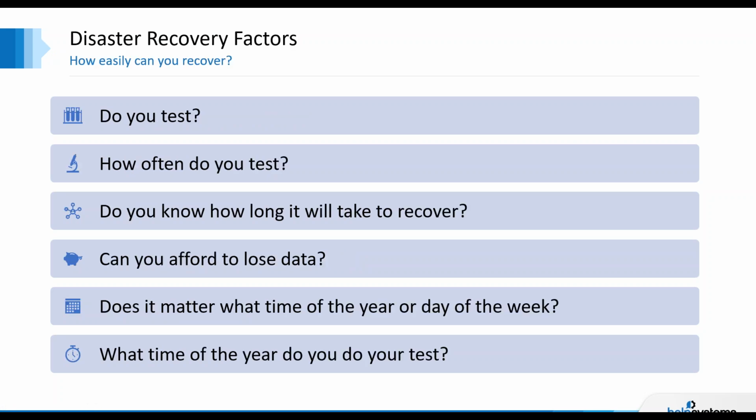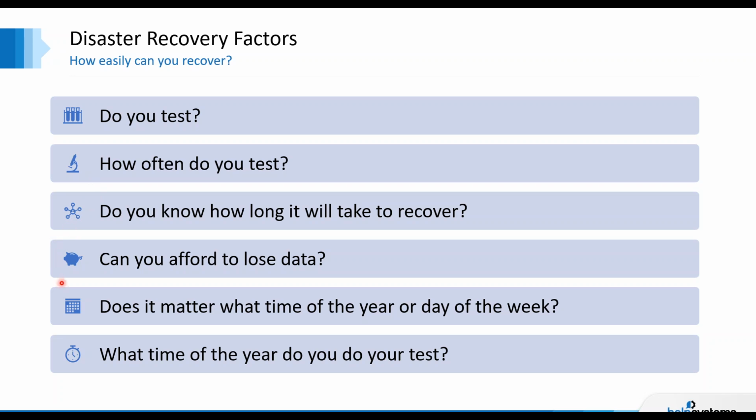And some other things to think about is testing. Just like HA, just like backups, if you don't test, you really don't have HA and you really don't have backup. So how often do you test? When do you test? Are you in a seasonal area where hurricanes come during a certain time period, or tornadoes? So when should you be testing? You should probably prep yourself before that time period. Do you know how long it will take you to recover? Have you gone through the test to make sure that you understand what the recovery period is going to be?